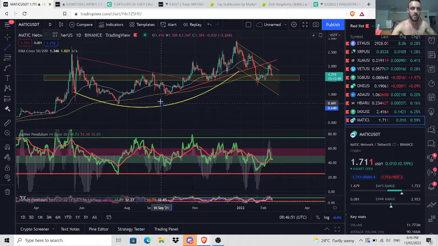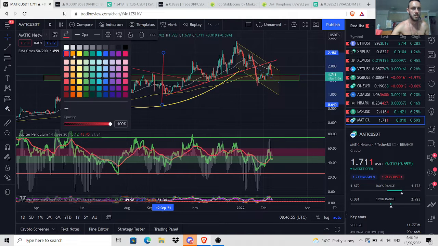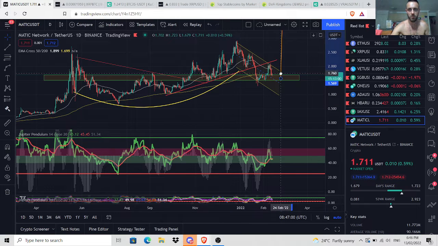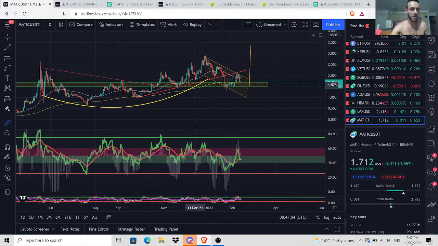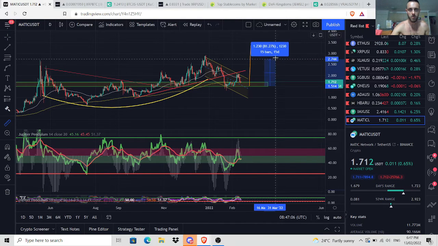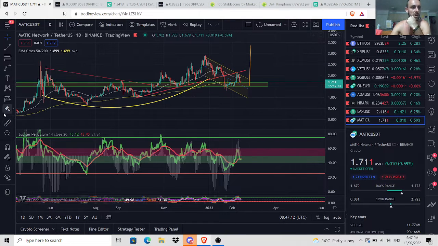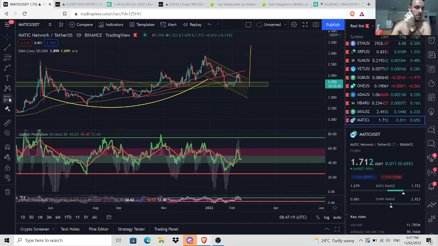We've measured from the bottom of the cup to the top. Okay, let's make this orange because it's our target. And if we break out from here, even from the lows, we see we're making new all-time highs. And from here, that's a 100% move. Guys, from here we could double our money. And the risk is relatively low because our stop loss, you know, 25%, that's still huge, that's still hard to go through.